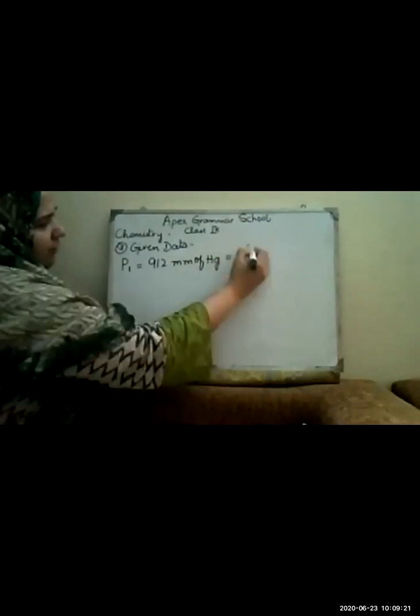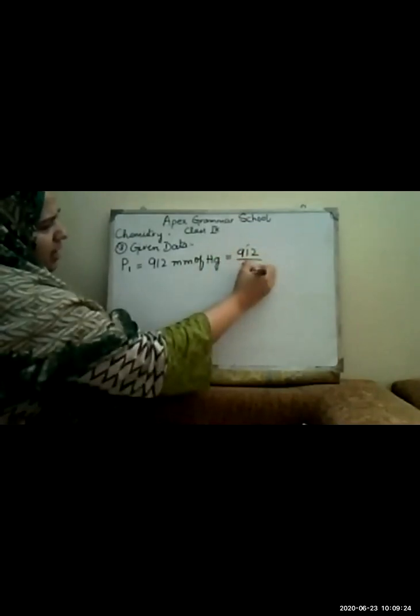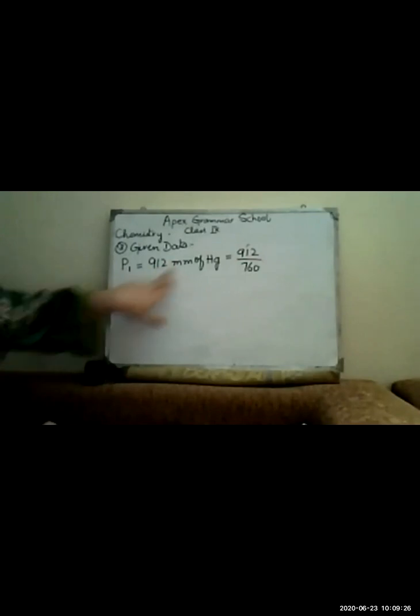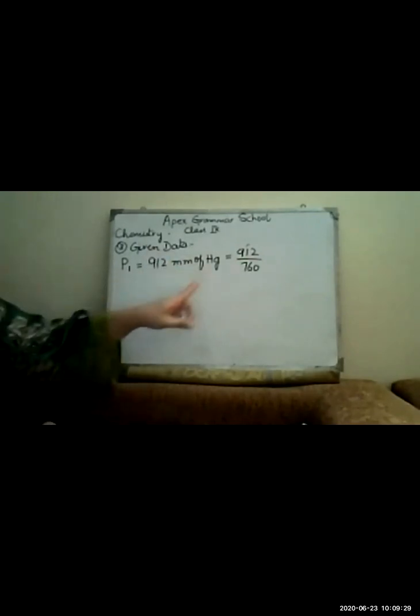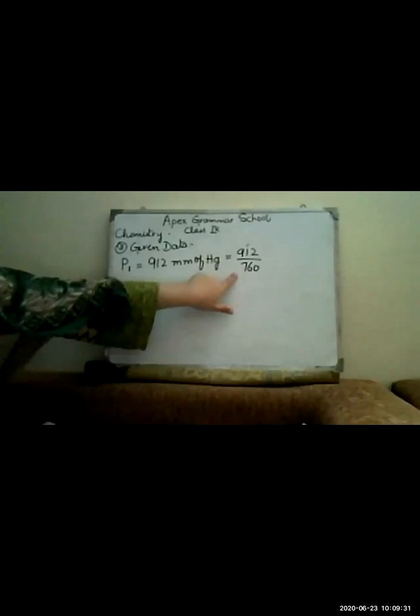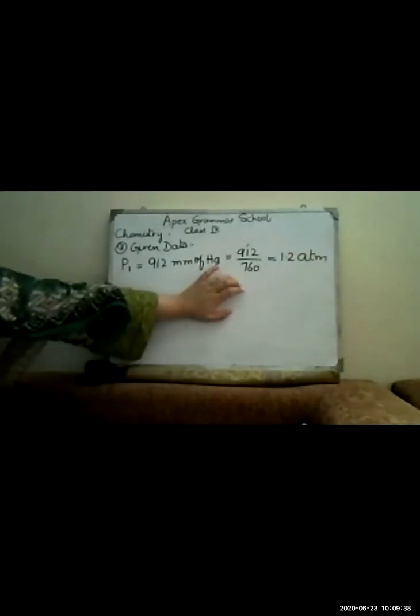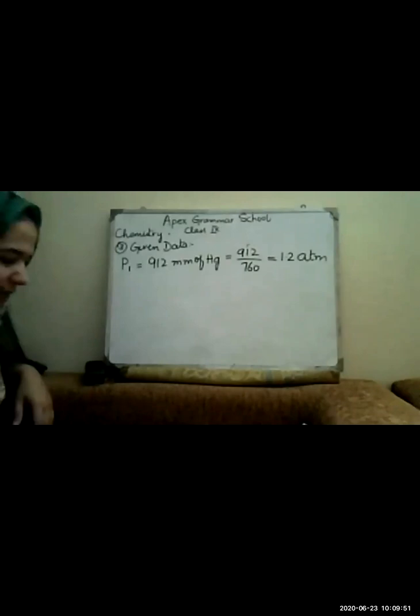So before going further, we have to convert it into atmospheric pressure. So we will divide it by 760, meaning 760 millimeter of mercury is equal to 1 atmosphere. So we are going to divide it by 760 and the answer is 1.2 atm. This conversion is very necessary because you have to convert the unit first into the other unit, then you have to do the further work. Then there is, has volume 450 centimeter cube.